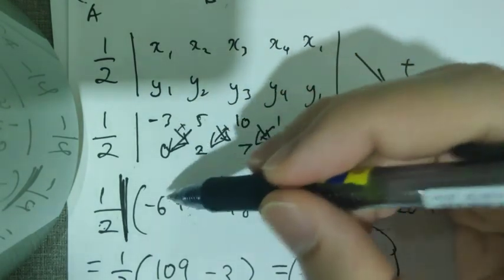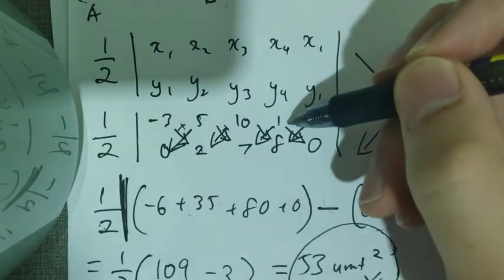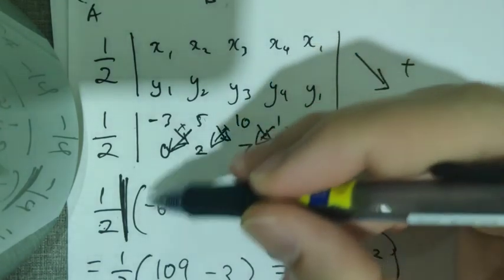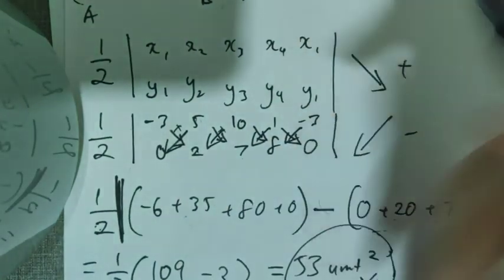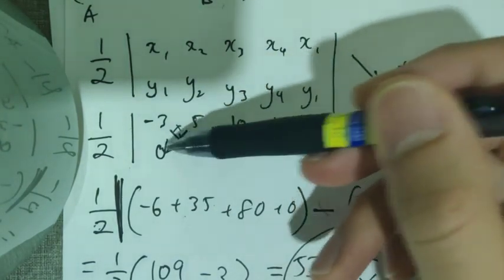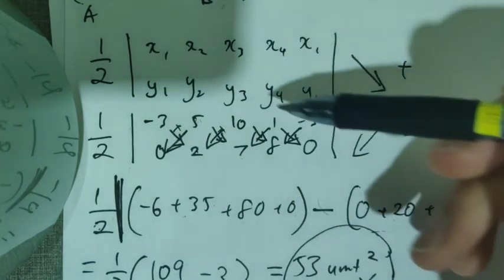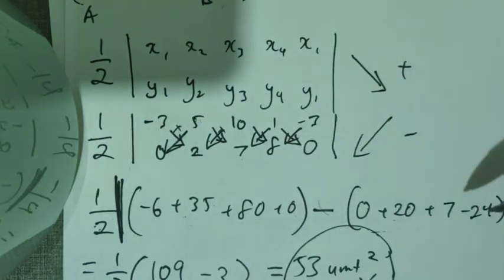So -3 times 2 is -6. 5 times 7 is 35. 10 times 8 is 80. Then 1 times 0 is 0. Okay, this is the plus side. But then you're not finished yet, you have to go the other side. You need to go towards the left. When you go towards the left, it's also times. 5 times 0, 0. 10 times 2, 20. 1 times 7, 7. -3 times 8,